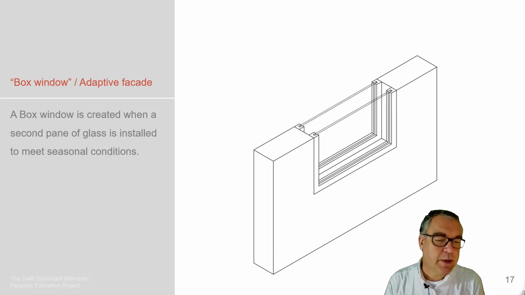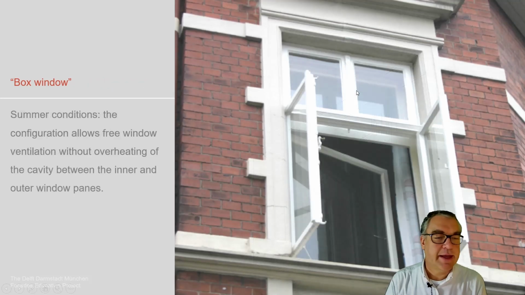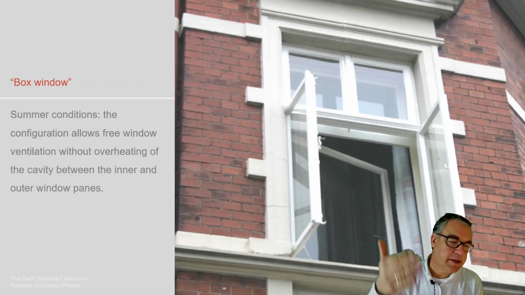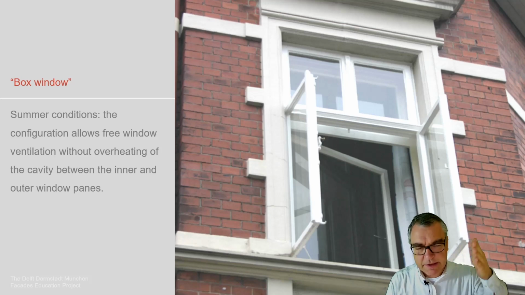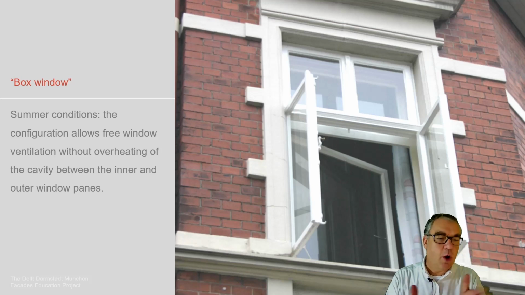windows, the so-called boxed window. It's actually adding two layers of single glazed windows. And this may look like this. So we have an inner single layered glass window with an outer single layered glass window, and we have to open them. And obviously, you can identify it's going to be complicated to have them both opening to the inside. There are systems doing so, but that may end up being complicated.